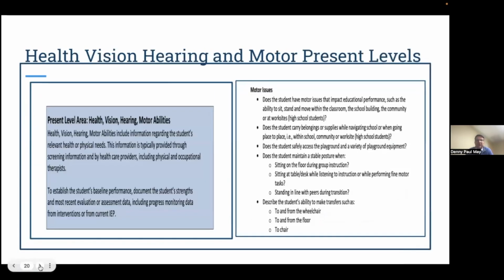And then, of course, the health, vision, hearing, and motor piece is where we see a lot of other health impairment come about. Now, these particular areas also have, you have your health areas, and that's where ADHD falls under. Okay, that's how OHI comes about. But then we also have some special factors under vision and hearing that we also have to adhere to. And so you see, and then the motor issues, and how you're asking yourself, how do these things impact the overall development of the child?